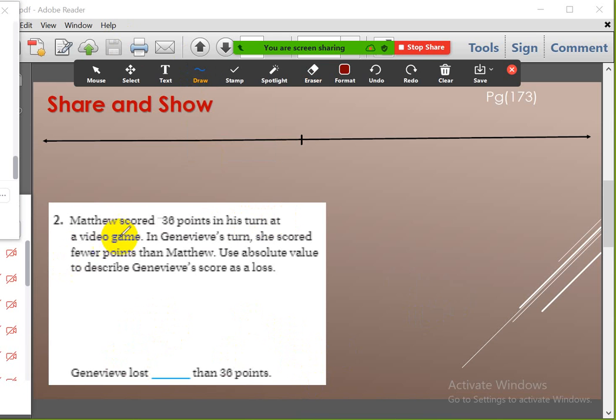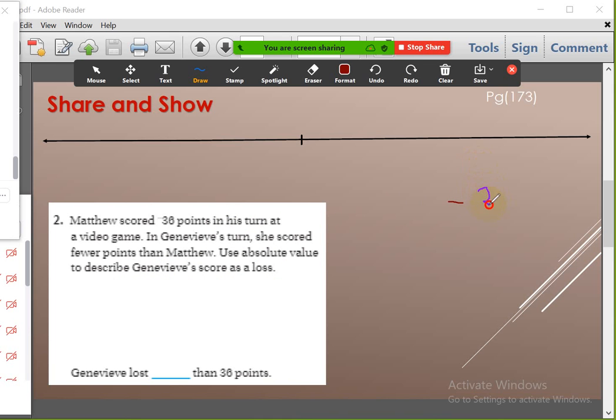We are talking about a video game here. In Genevieve's turn, she scored fewer points than Matthew's. Use absolute value to describe Genevieve's score as a loss. Okay, that's mean